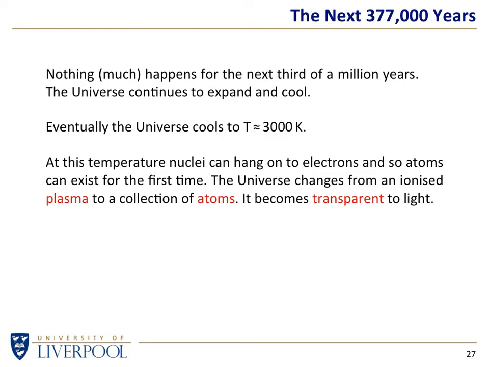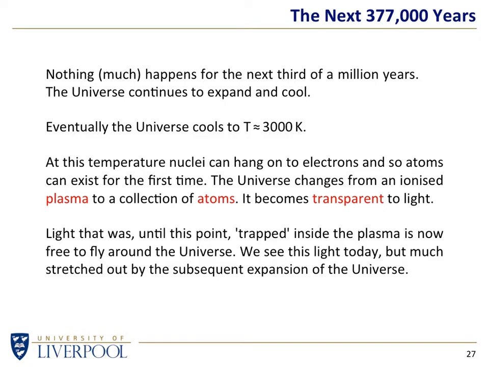As soon as you have neutral atoms, because positively charged nuclei and negatively charged electrons add up to nothing in terms of electric charge, as soon as you have an object with no electric charge, it's possible for light to go flying through this particular gas, just like the light from this screen is having to go through lots of atoms between the screen and you. There's a few trillion atoms, but that's not a problem for the light because all the atoms are uncharged, because we have positive nucleus, negative electron. The light doesn't have any trouble whatsoever traveling through a gas if that gas is made of atoms rather than a plasma. And therefore, the universe becomes transparent.